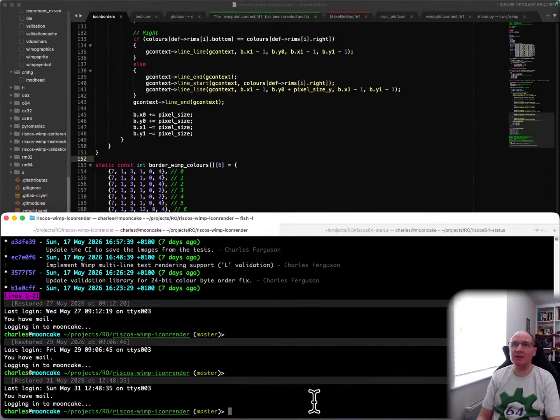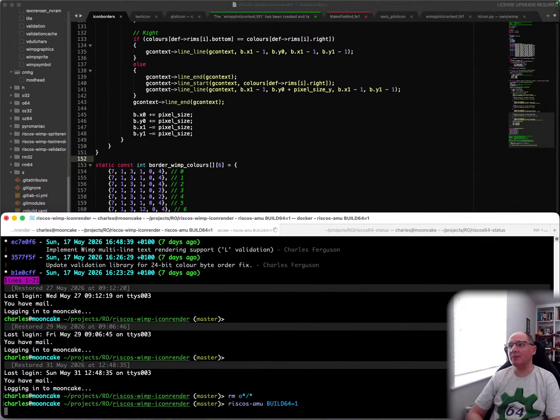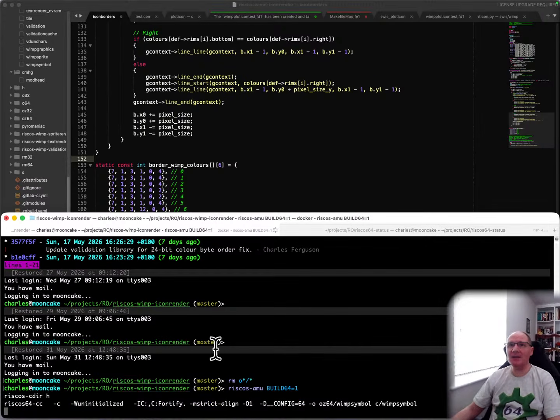icon plot routines, and I have a feeling, so if we do rm, no, that's not a good idea. What am I wanting? Remove all the O files. RISC OS AMU build 64 equals 1. Yeah, there we go. So we'll build everything in 64-bit, and I have a feeling when we do this, we get a warning for one of the files that says it's